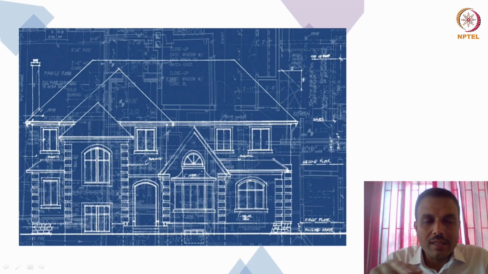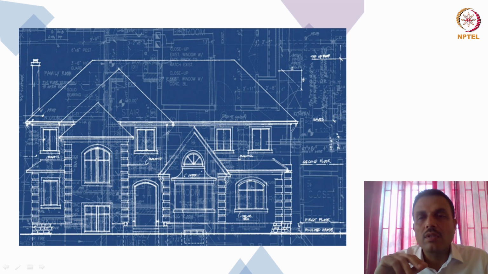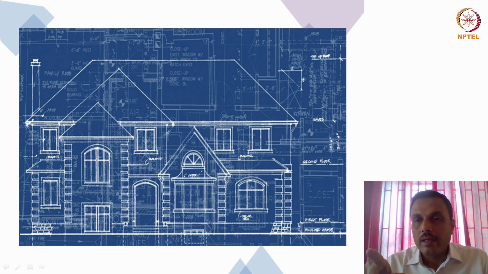So friends, what do you see on your screen right now? Do you see the architectural design of a house? Yes, you do. You see that the house has a ground floor, a first floor, multiple windows. Probably there are different rooms, and I think each room has to have its own decor, design, purpose, and so on and so forth. But what is interesting is, friends, this design is in the backdrop of a blue color, which is supposed to be, in architectural words, something called the blueprint.